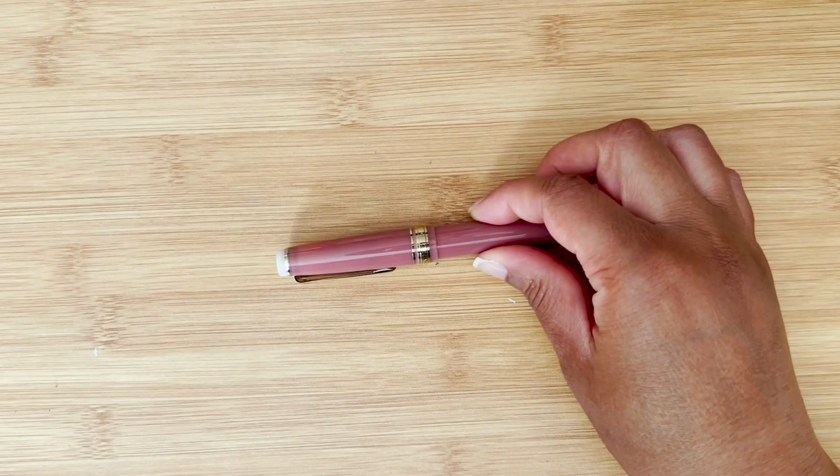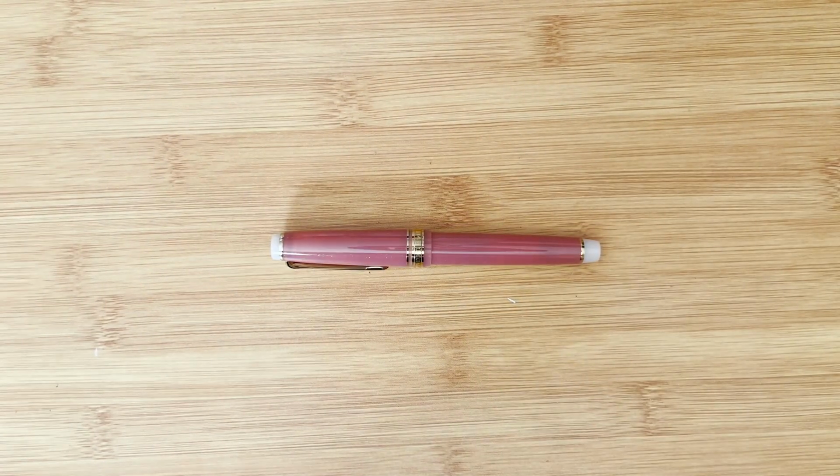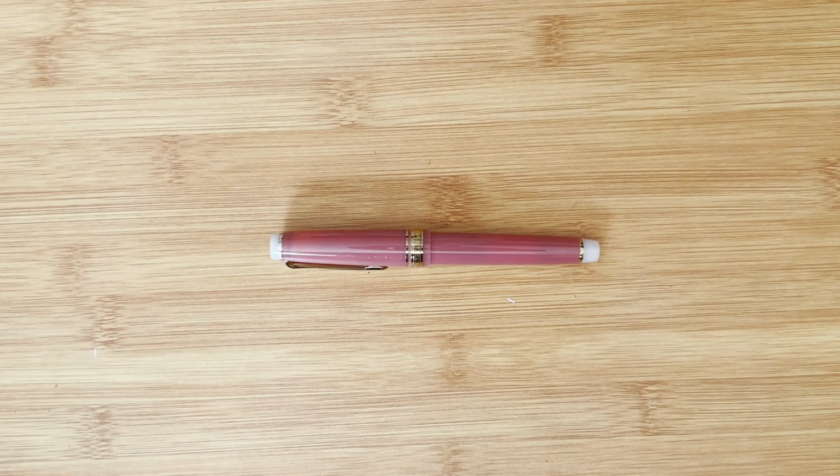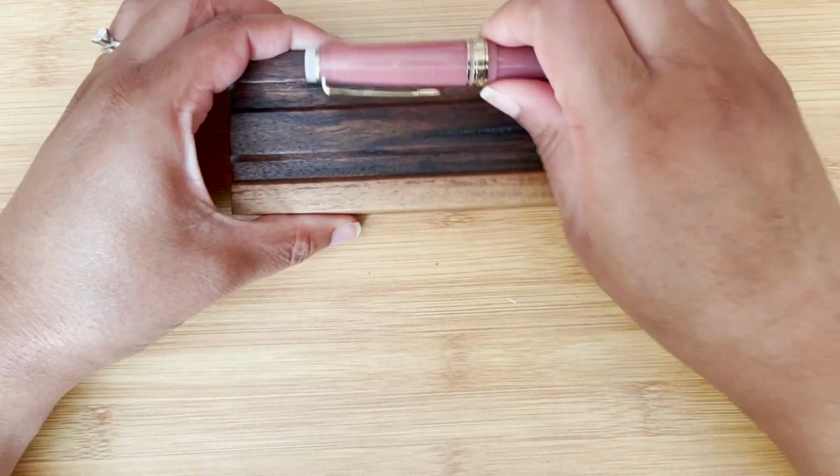So that is fountain pen number 1. I inked it up. I'm going to wait until I open up the next fountain pen, and we can look at both of them and their writing sample together. So I'm going to set this one aside. In fact, let's put it on my little pen rest up top. And then this one